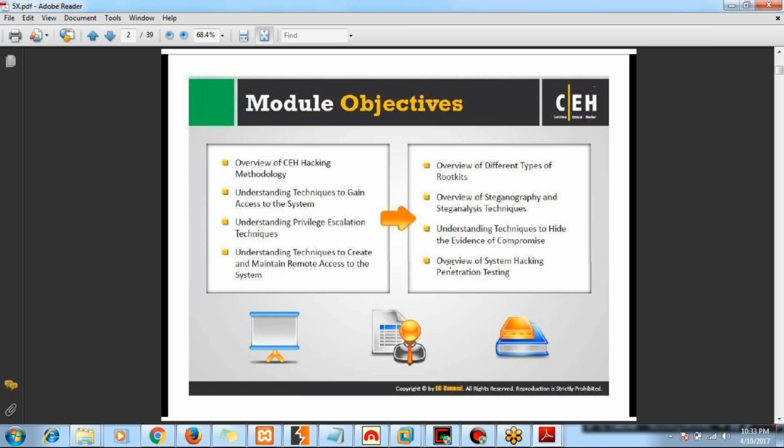Then how you can create your own rootkit, what different techniques cryptography uses, what stack analysis techniques we have, what techniques you can use to hide the evidence of compromised systems, and what different types of pen testing we can implement for system hacking. If you want to get into the system, you first need to get access to that particular system. So in this chapter we are going to see the different kinds of password attacks we have. We try to get access to the system, and after getting access to the system,